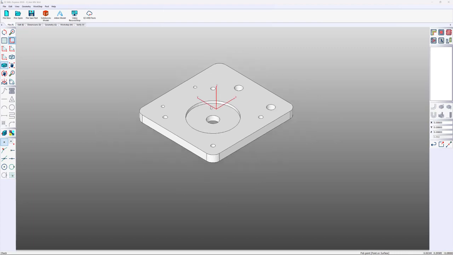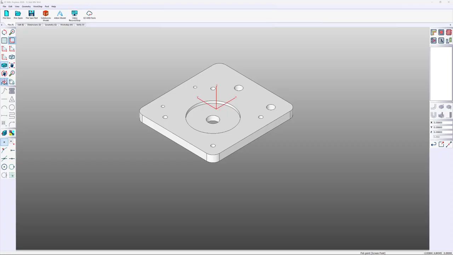In this demonstration, I'm going to show you how to cut this part out of a plate. We're going to use tabs so that the part doesn't fall off into the cutter. And we're going to assume the clamp locations. I mean, you can definitely bring in STL files that represent your clamps and include those in the simulation for collision detection. So let's start with our plate.